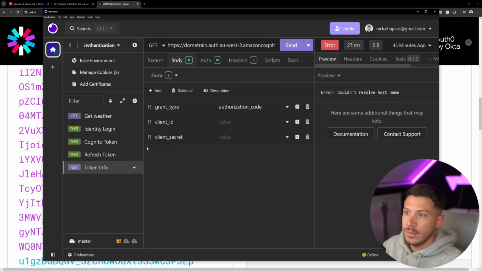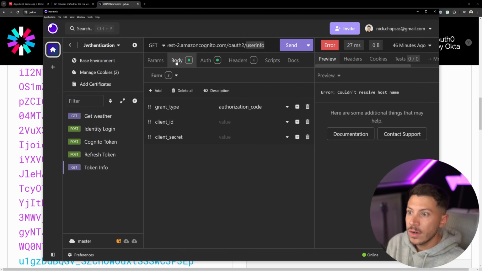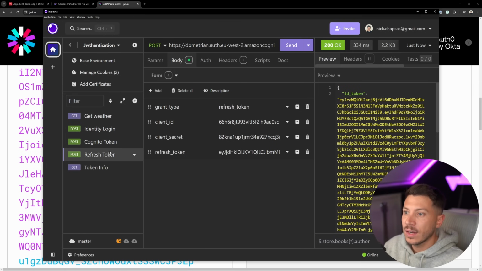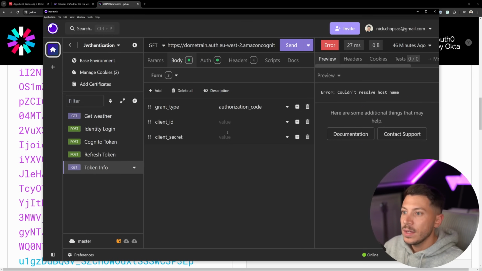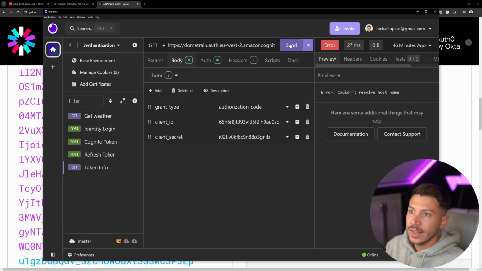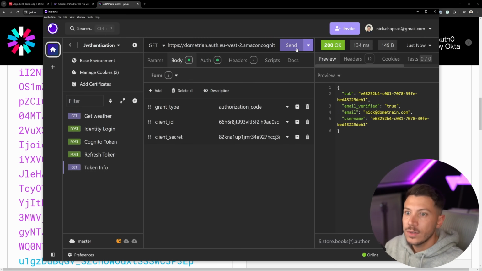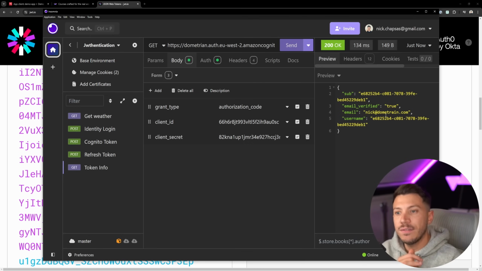Here we go. And in fact, I can use the OAuth2 and then user info endpoint, and I can pass down the auth token as the bearer and then specify my client ID and the client secret. So client ID is here and client secret is here, and I can get some details about the user. Now I do have to replace this misspelled domain with the correct URL. And now you can see I have the subject, which is the user ID, email verified true, user, and also